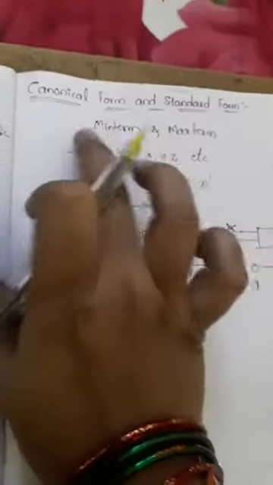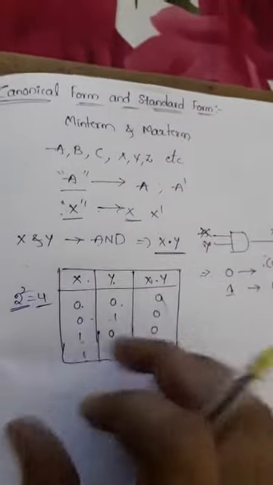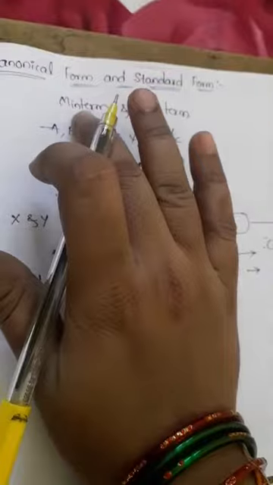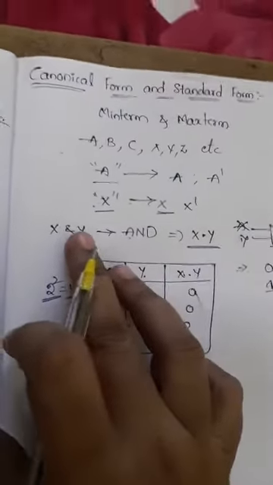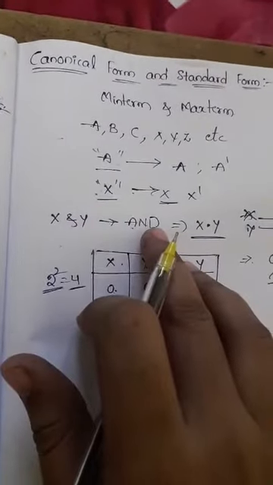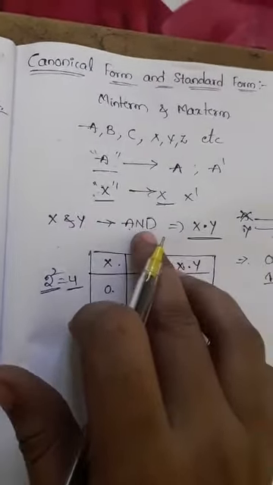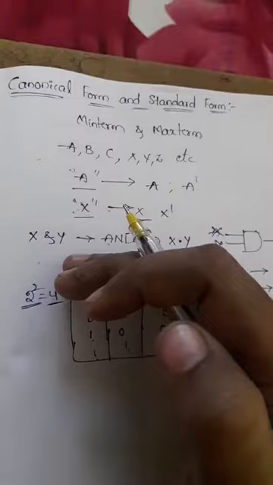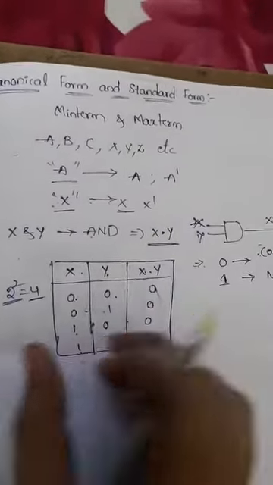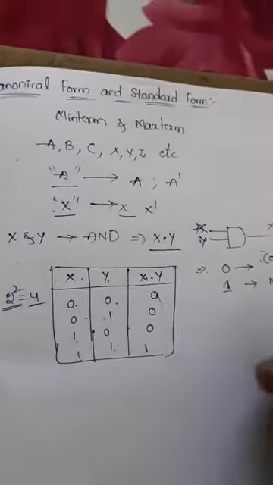Okay, so I'm going to explain the concept of minterm. What is meant by minterm? First, we'll see how to represent binary variables in a minterm. Here I am taking x and y. X and y combined with the AND operation will give a total of 4 combinations. If you are representing these two binary variables, depending upon the input combinations, we can represent them either in normal form or in complement form.